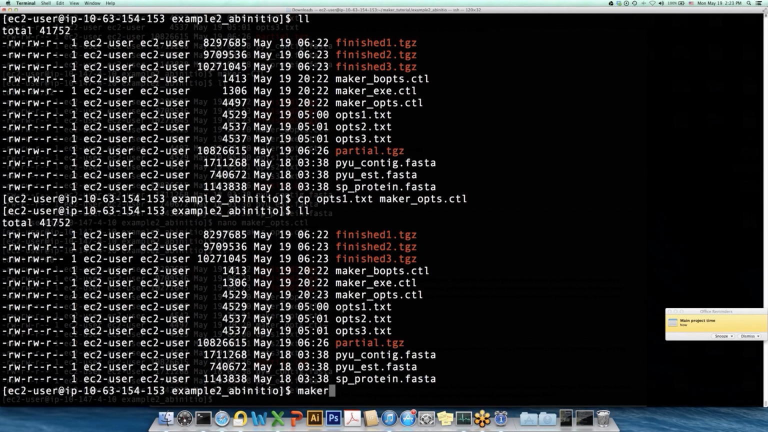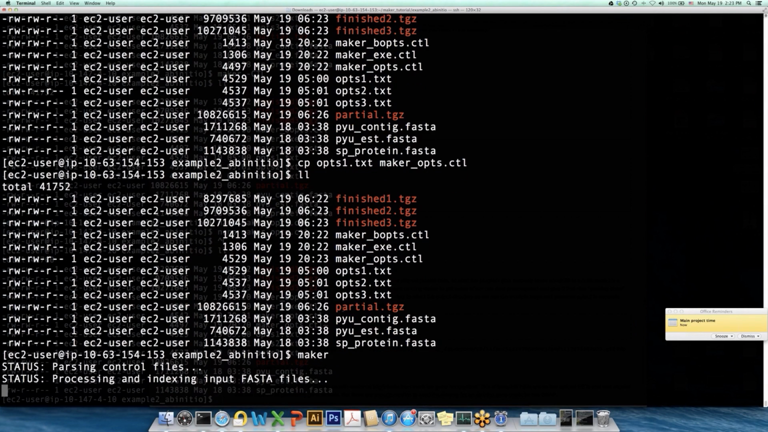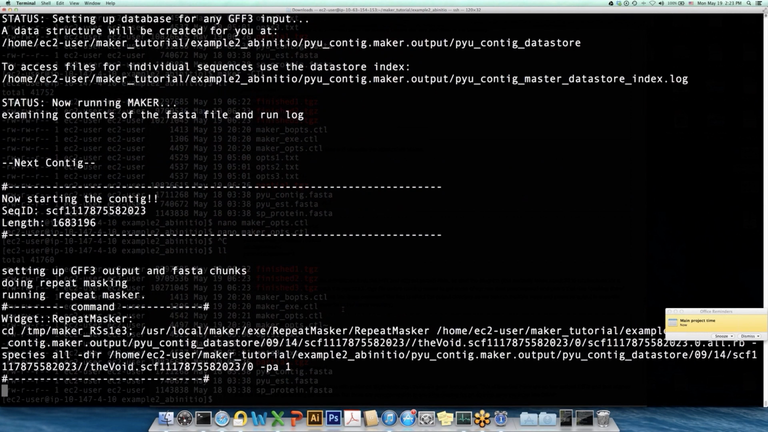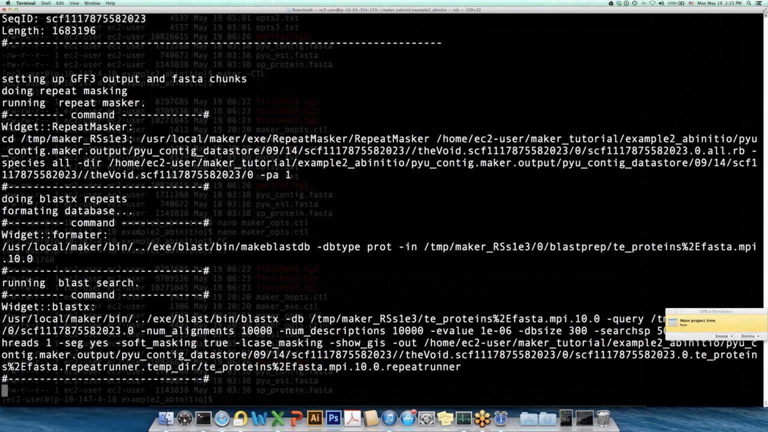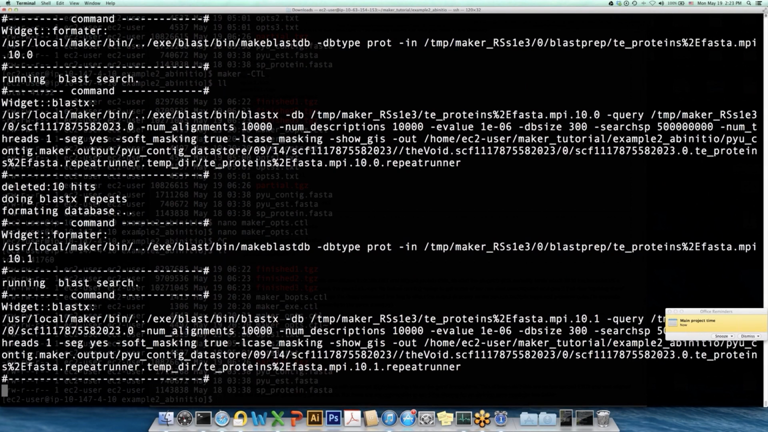I'm just going to run it for just a second so you can see the difference. I'm going to type maker, and this is the medium instance. It takes a moment to process the facet, and then you can see right away it starts processing repeat masking. This gene config is about 1.7 megabases in length, pretty long, and you can see it's taking a little while